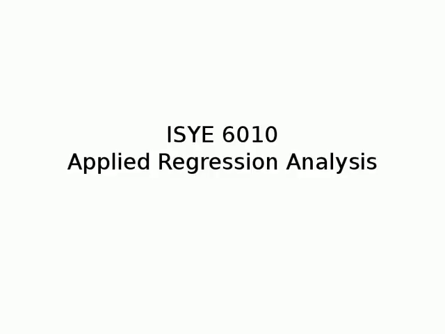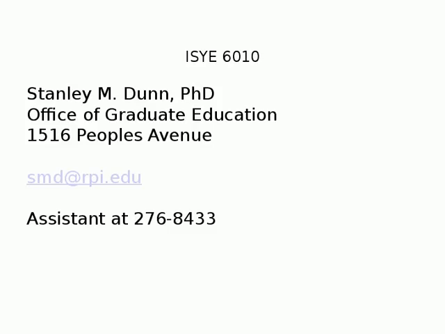So this is 6010, Industrial Systems Engineering 6010. It's applied regression analysis. I'm Stanley Dunn, and my office is in the Office of Graduate Education. If you need to reach me, you have my email address, so you can always send an email directly. If you want to make an appointment to see me, or there's something in class you're not sure about, please contact my assistant at extension 8433, and you'll be able to